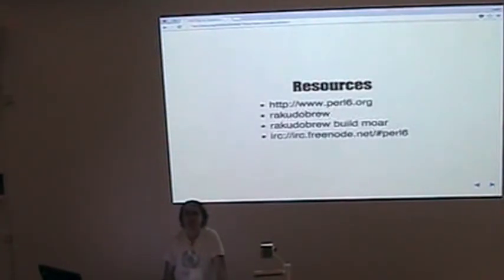All right, we'll start off. Hopefully most of you have seen this already, but this is where you go to find Perl6. Perl6.org, obviously, is a starting place. Rakudobrew is how I developed with this. It's basically the same as Perlbrew for Perl6. So you say rakudobrew build, and then the VM of your choice. In this case, I'm using Moar for demonstration purposes. And of course, for help resources, you can always go to the Perl6 IRC channel on freenode.net. I'm there